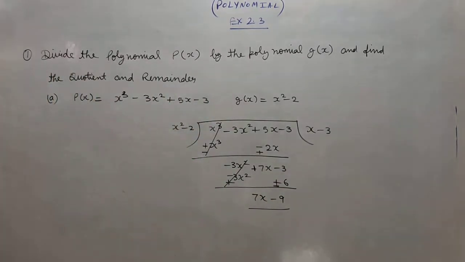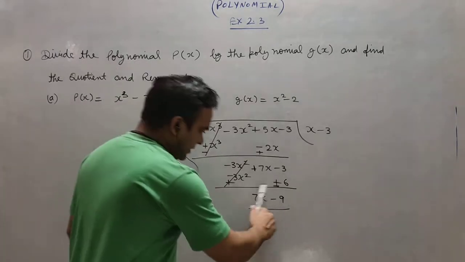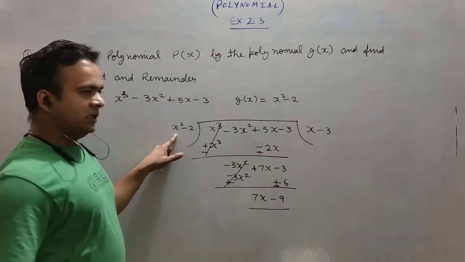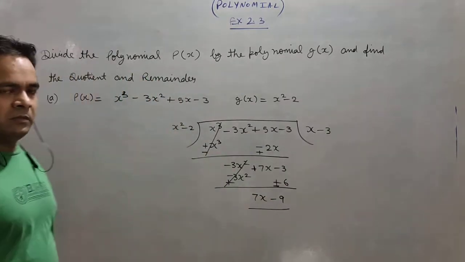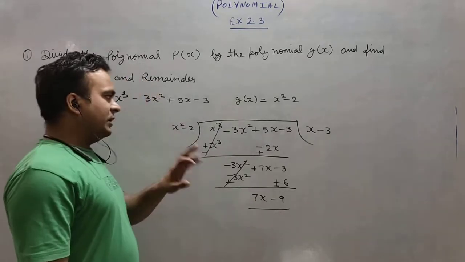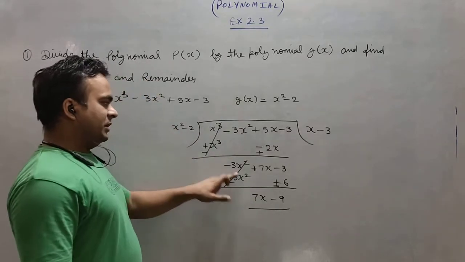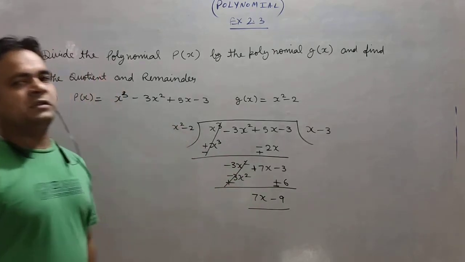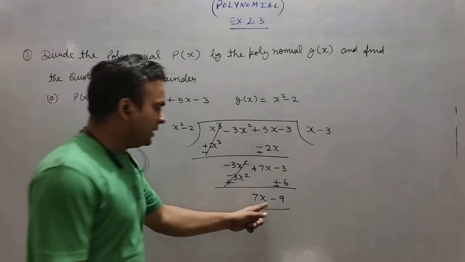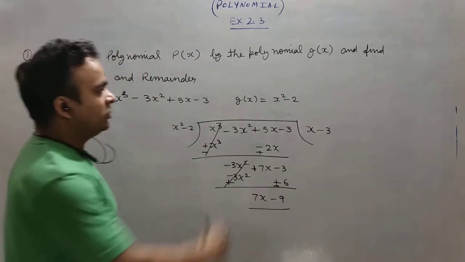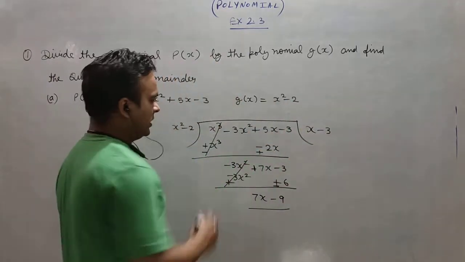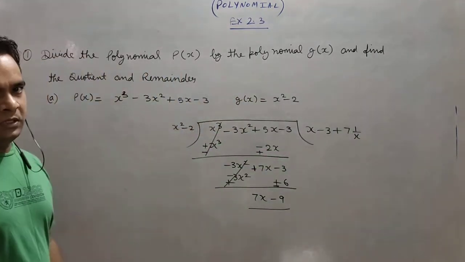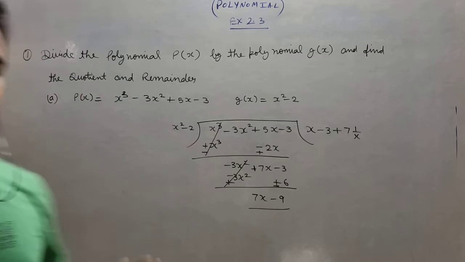Now you have to see the expression we are getting after this. What is the higher degree here? 1. And what is the higher degree of the divisor? 2. Now we cannot divide further, because you can divide only until you get the same degree. If we get a lower degree than 2, further division is not possible, because what would you multiply here to make x? We cannot take the variable in the denominator, like 7 times 1 upon x. No, the variable part you have to keep only in the numerator, right?